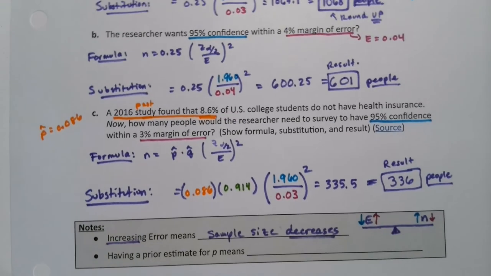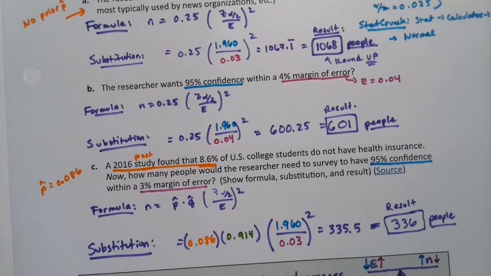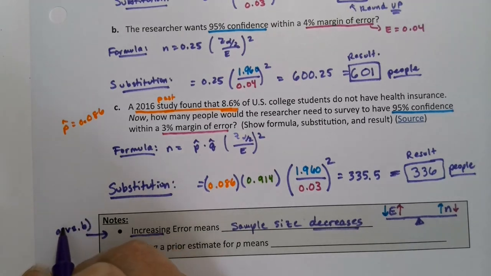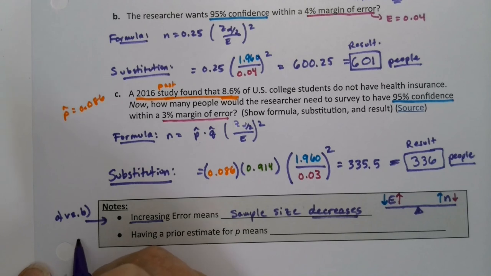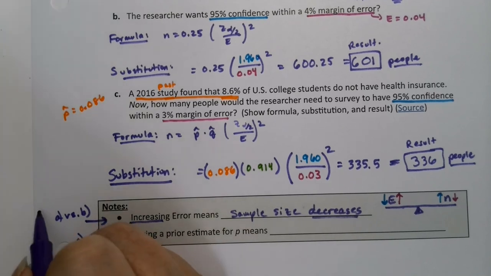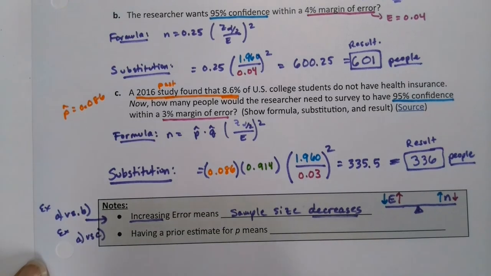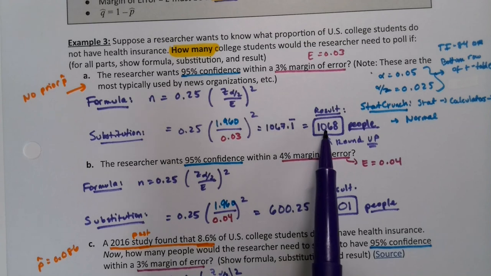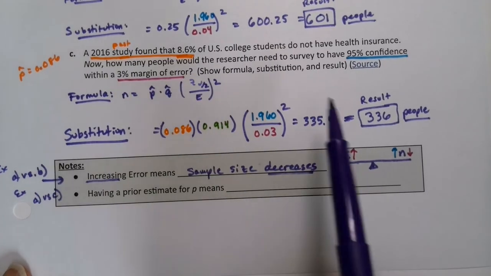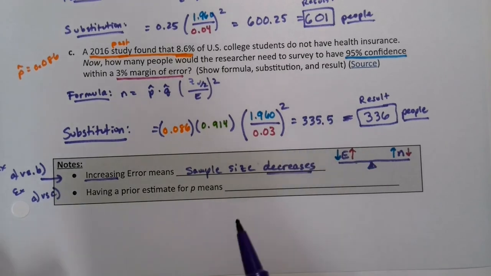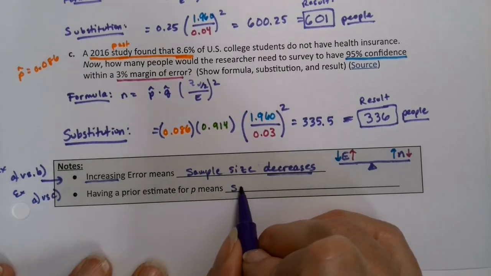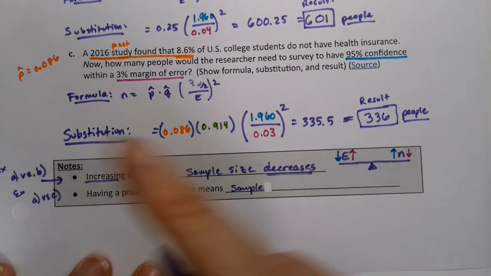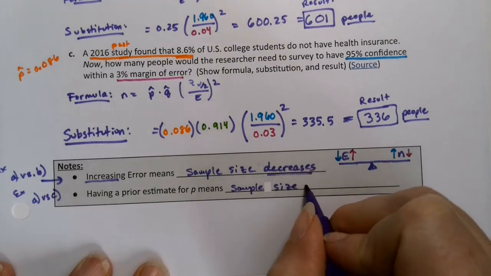Now, what about having a prior estimate? Well, that would be comparing, so if you want to think about it, this one was comparing A and B, right? So if you look at the two examples, this one is comparing A versus C, right? Example A versus C. What happened? Well, when we had no prior estimate at all, we needed 1,068 people. And then when we had a prior estimate, we needed only 336 people. So having a prior estimate means sample size is smaller,